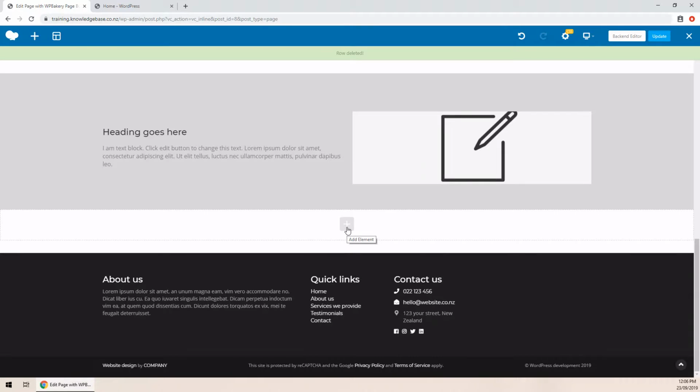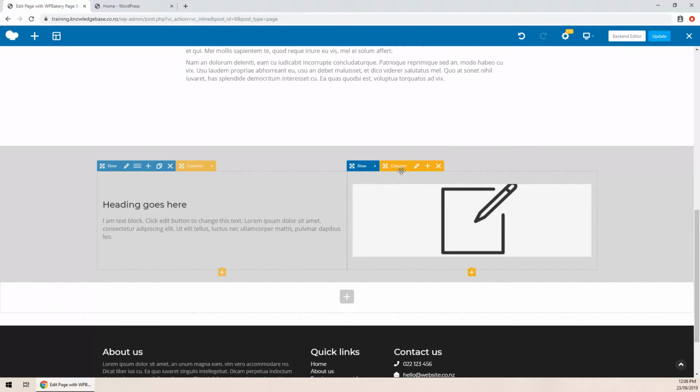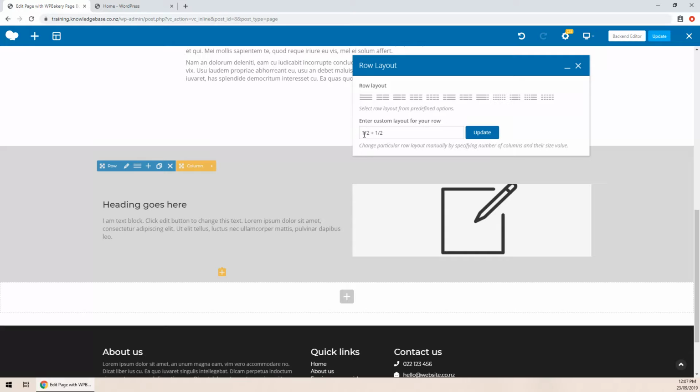And to change the row layout, as I mentioned, this row has two columns here, 1 and 2. They're both 50% width. Now we can change that if we like. If we wanted to add a third one, you hover over here in the row settings to change layout. And you'll see here that this says 1/2 plus 1/2. So that's 1/2 of the width plus 1/2 of the width. There are predefined ones here,